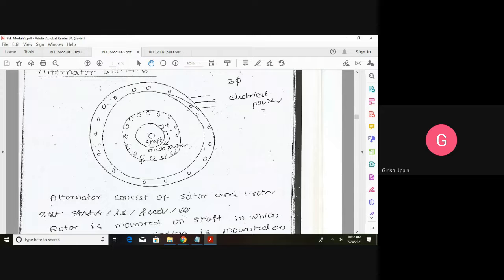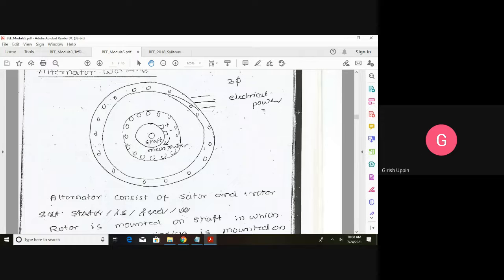It will create a magnetic field, and using external mechanical energy we are going to rotate this rotor. So you can imagine the field is rotated. Just imagine it creates a north and south pole like this, and we rotate that north south pole with a certain speed. The flux linked with these conductors, which are armature conductors having a three phase winding, will start experiencing a change in the flux. Whenever there is a change in the flux, as per Faraday's first law, EMF is induced, and three phase power is generated in these three terminals, and this is taken as the three phase supply and connected to the load.